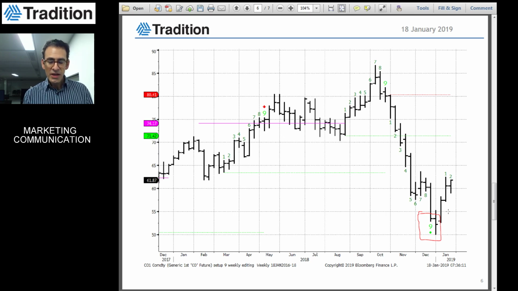As you can see, the signal was pretty good, and we started to see a very significant technical bounce back to this previous high. It illustrates what you should expect after a 9. Right now we have seen 3 consecutive bullish weeks, and this is usually what you could expect after a 9.